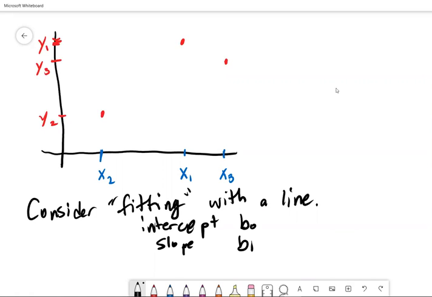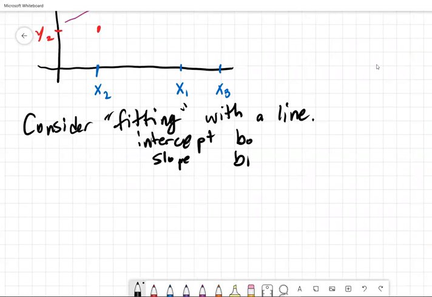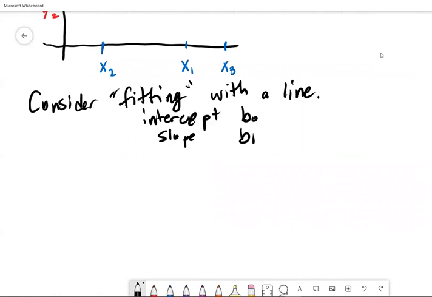And let's actually just kind of sketch a line. All right. We're going to fit with a line. Maybe it'll look something like that. Well, we haven't really determined what line we want to pick yet, but whatever line we pick is going to have an intercept and a slope, and that defines the line, and it's going to create